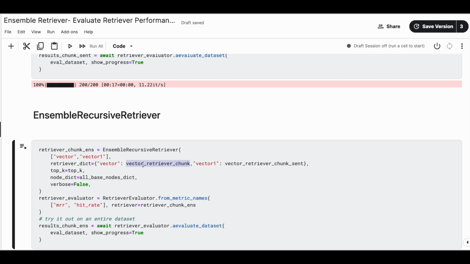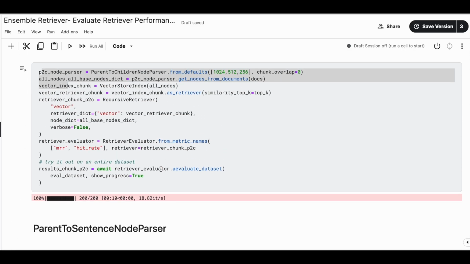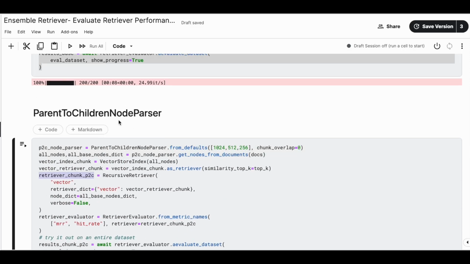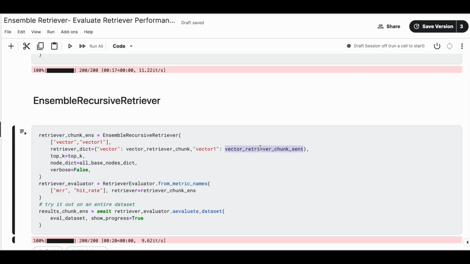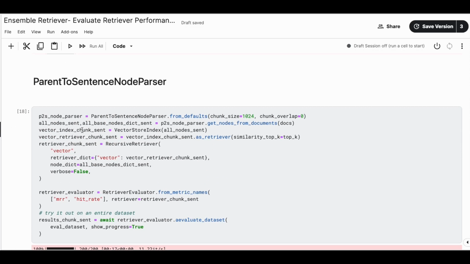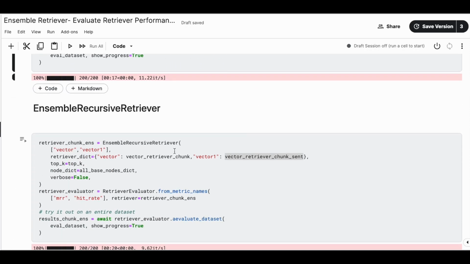In vector, I'm passing the vector retriever chunk, which is my parent to children node parser. The second retriever I'm passing is vector retriever chunk sent, which is this one. So these two retrievers I'm passing to the recursive retriever